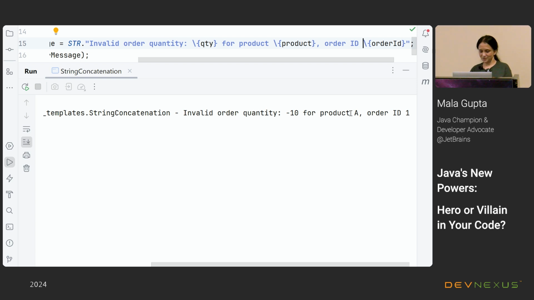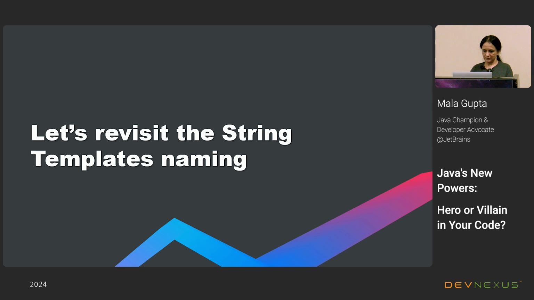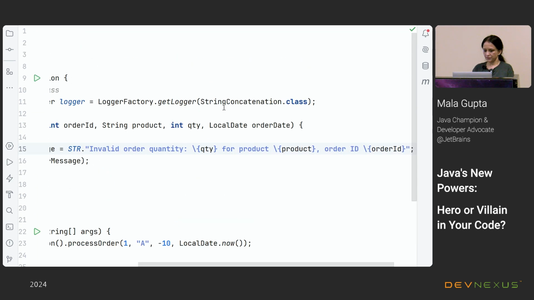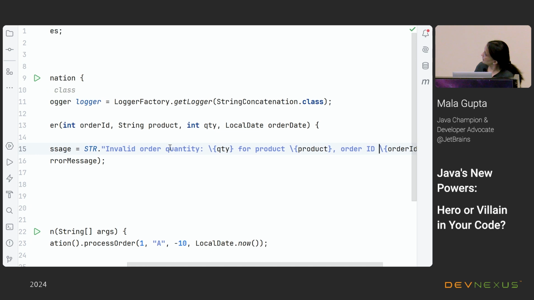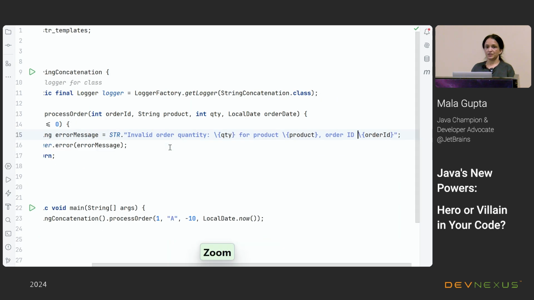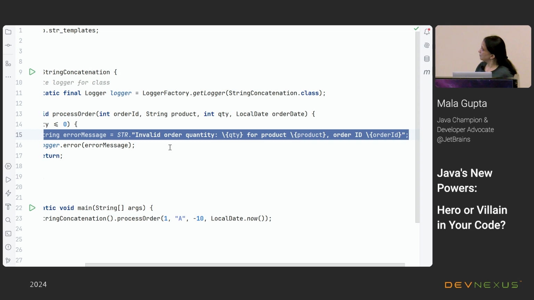So now let me talk about, if I go back to the example that I have here, we have a complicated string. Should I reduce the resolution so that the whole of the string is visible? If that's not visible from the back, just let me know and I'll move it back. Do you think that's legible from the back? Okay, good.